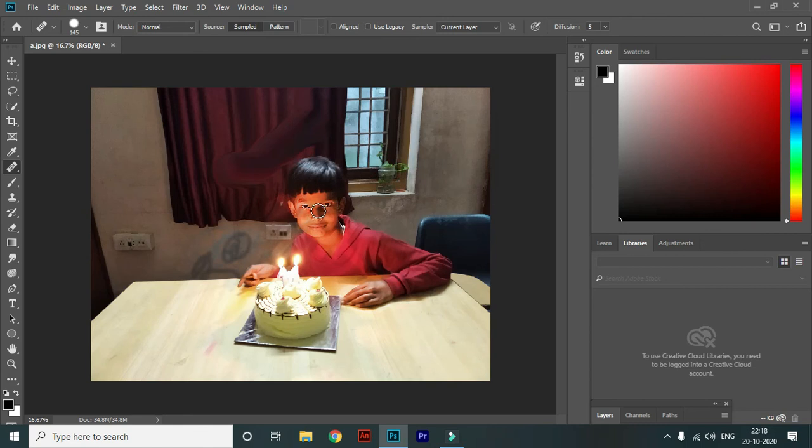Because when using the healing brush tool, it's a must to press the Alt key before applying the healing brush tool. So I am pressing the Alt key on the keyboard like that, and you can see that this wrinkle, look at this.